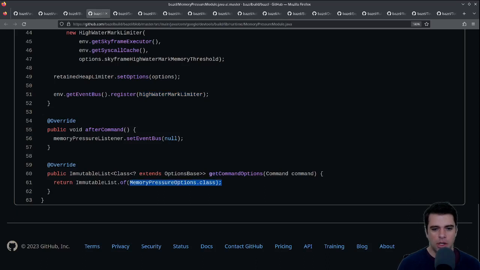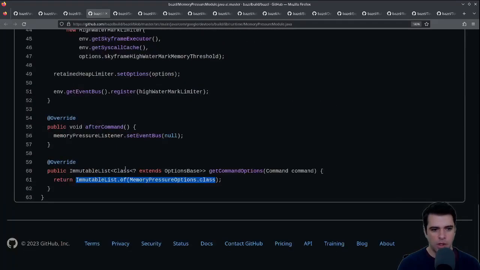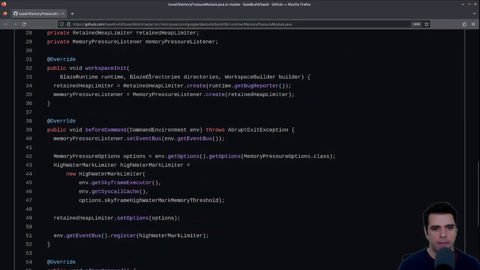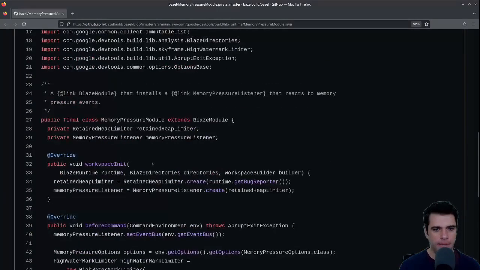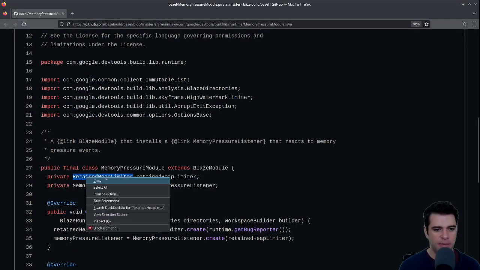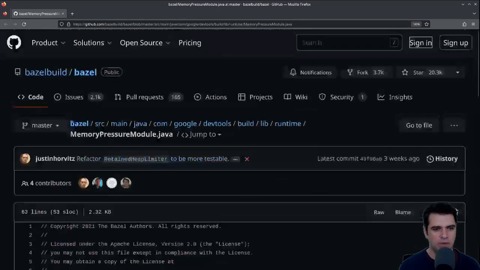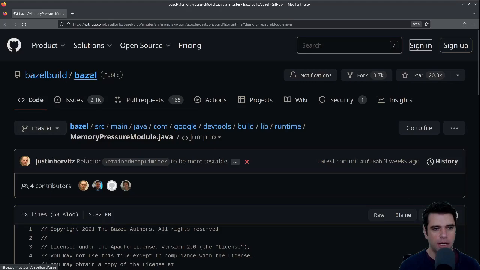And then get command options is going to return an immutable list of memory pressure options.class. Okay, so that's all straightforward. I don't know what a Skyframe executor is or what these things are. So I'm going to actually pull this out in its own tab and take maybe a closer look at whatever retained heap limiter is and memory pressure listener, because I think that that's where the work is done, right? So let's see if